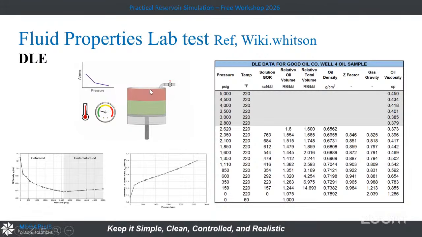We will produce the gas, it will come out, and from this differential liberation expansion we can get the GOR, measure the Z factor, and make the analysis of the fluid that we have. It's like a simulation where we mimic the behavior of